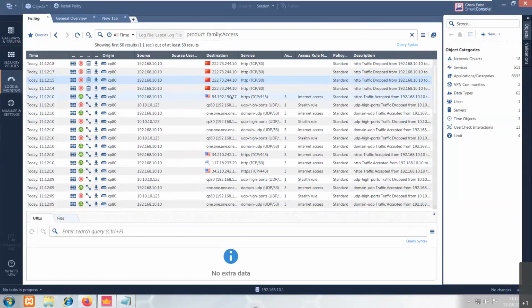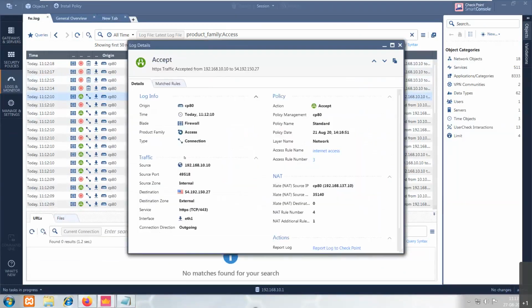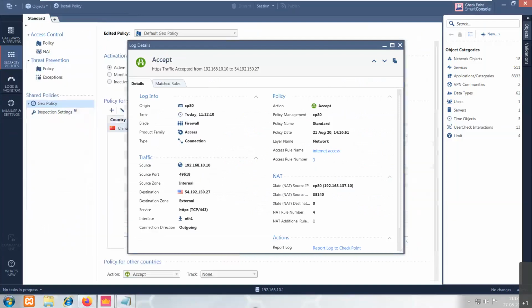your firewall. Now see here, there was some other request from my LAN computer to reach something on the internet. Firewall has accepted this. Firewall has permitted it, right? So it says the action taken is accept, it has been permitted. And it is also telling you which policy is permitting that. It says the policy is rule number 3, name internet access. So we can go back into the security policy and see what actually that is.